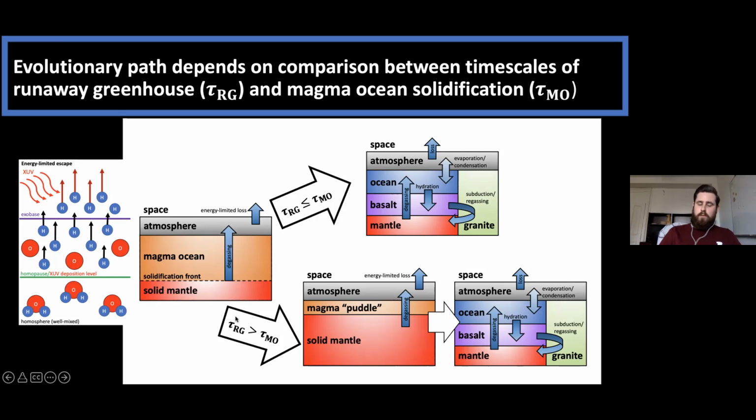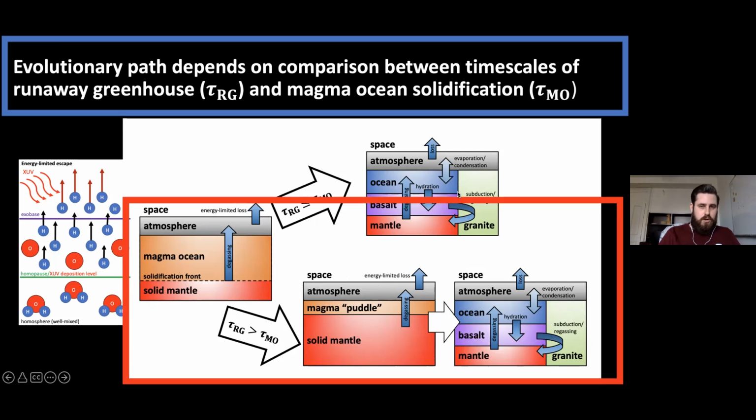However, if the runaway greenhouse is longer than the magma ocean phase, then we have to have this kind of transitionary box model before we can get to the plate tectonic cycling. The purpose of this is to have water able to be degassed from the solid mantle to the surface. But this negligibly thin magma puddle essentially prevents water from being brought back in from the surface into the mantle before plate tectonics occurs and subduction allows the water to be put back in. So I'll really quickly show some simulation results for this lower limb where the runaway greenhouse is longer than the magma ocean.